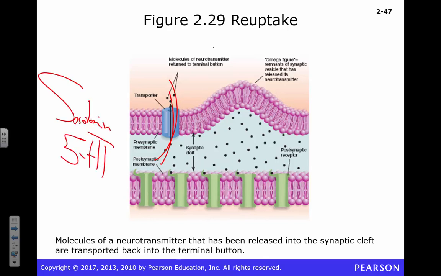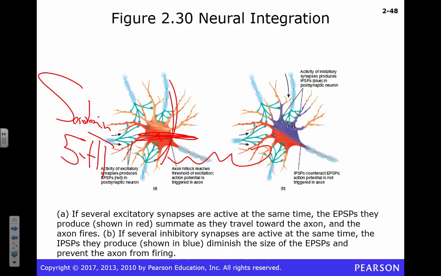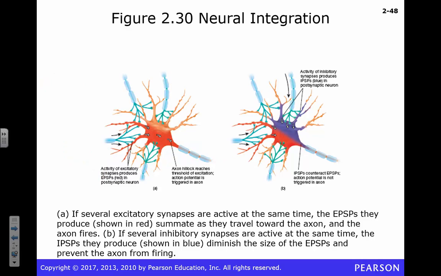Neural integration. This is not really anything to think about. We've already talked about this. Remember when I was telling you about excitatory inputs and inhibitory inputs? You're going to do that calculation, and you're going to decide here at the axon hillock whether or not you're going to fire an action potential. If you get enough positive ions, you're going to go, woohoo, we're going to do it. If they're negative, you're like, I'm going to wait and see what happens.